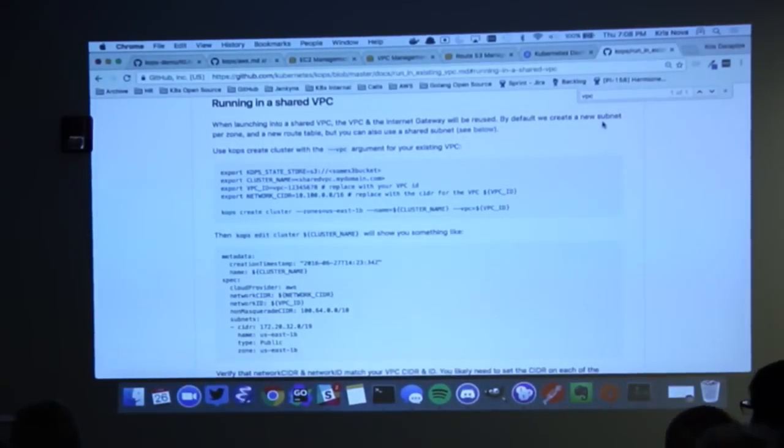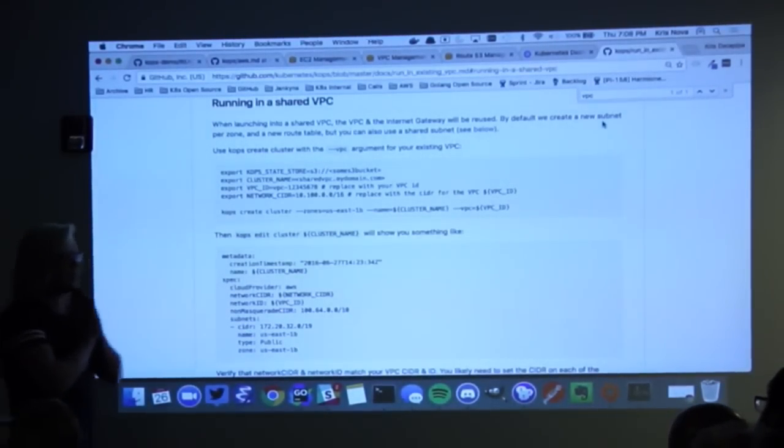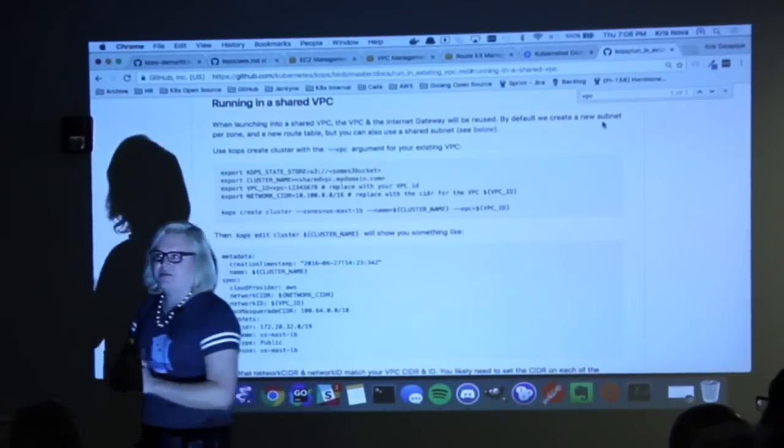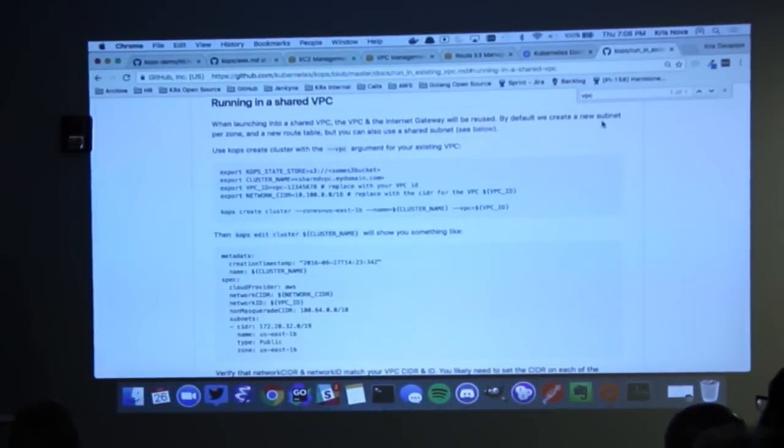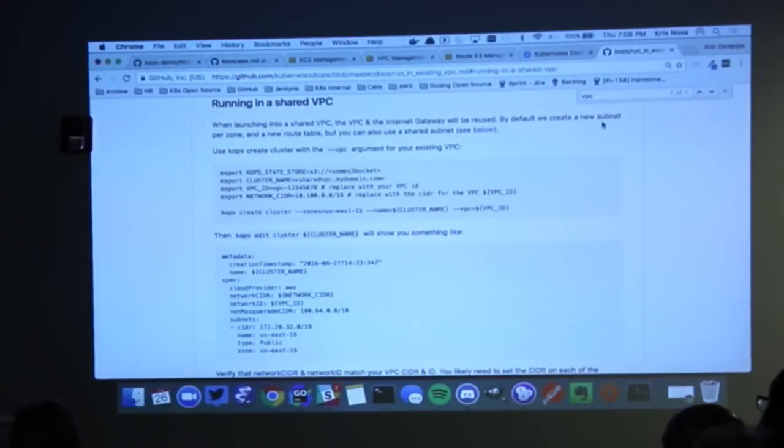Yes, Matt? We also have a question from the internet. Basically, how did you set up the firewall rules? Were they in the script, or were there defaults in kops? Yeah, kops created those for us. There is a way that we've been talking about defining custom security groups, but I don't think that's in yet. Chris Love, I'm going to lean on you for this one if you know better than me. It's not in yet